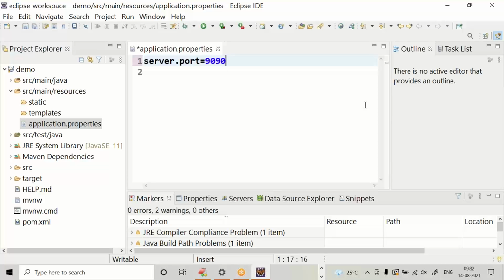Try changing to another port number. This is very important. Oracle is using 8080, so you need to modify it to 9090.